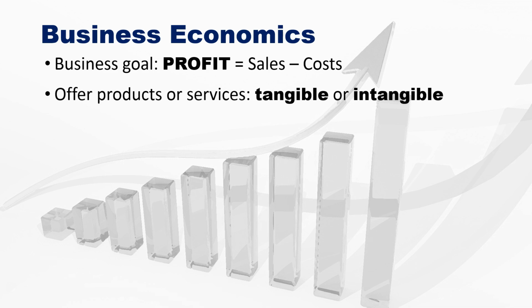profit. And then they do this by offering products or services, tangible or intangible. And the way I think about that is that a tangible product is one where, if you put your arms around it and you dropped it and it landed on your foot, you would say, ow. Okay, so that's tangible. Intangible is not necessarily something you can put your arms around or drop, right? So software, in many cases, is intangible.